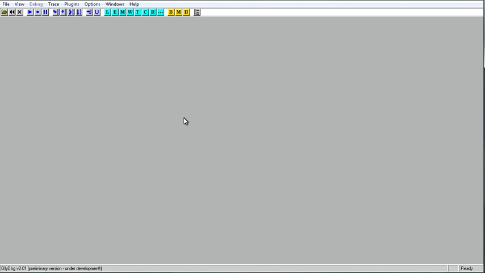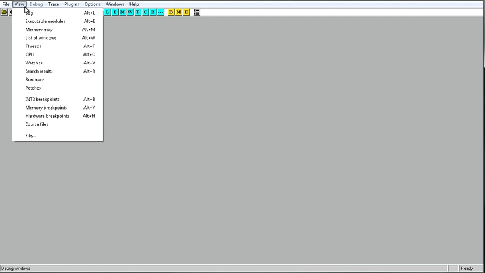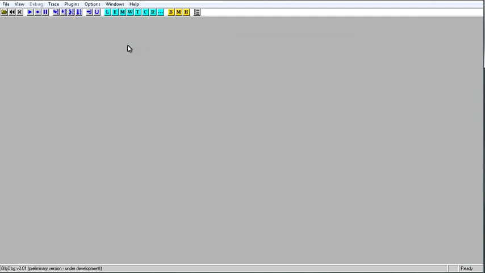So this is the window, right? There's all these buttons up here that I also never use because I use hotkeys. This is step into, step over, trace into, trace over. You can do a lot with Ollie, and there's a lot of stuff you can do with Ollie that I've probably never even done. You can do traces, you can do log traces, you can do all sorts of stuff that if I do use it, it's on rare occasion.